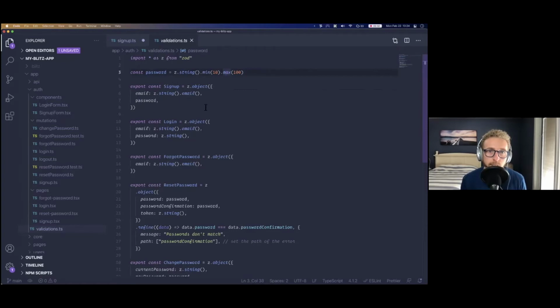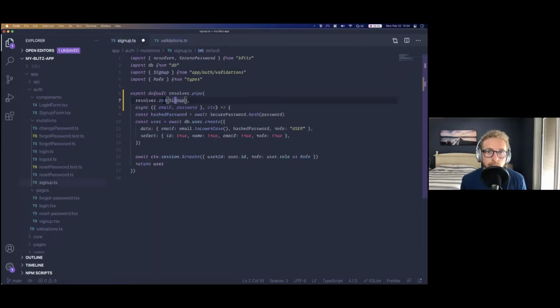Okay, so this schema we use on the front end and the back end, the same thing. So you have the client side validation and the server side validation, which are both important, right? On the server validation, you want for security, and for the client validation, you want for user experience. So you get that instant feedback instead of waiting for the server to give you an error.